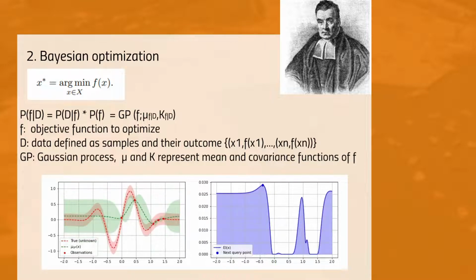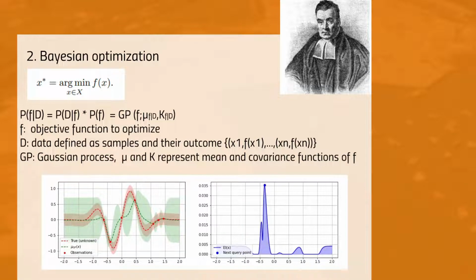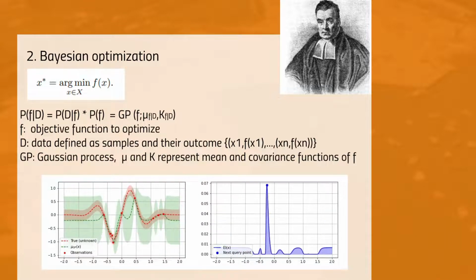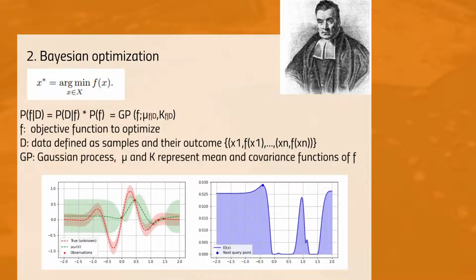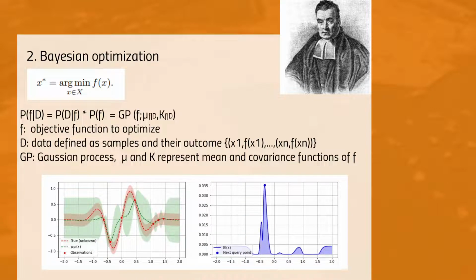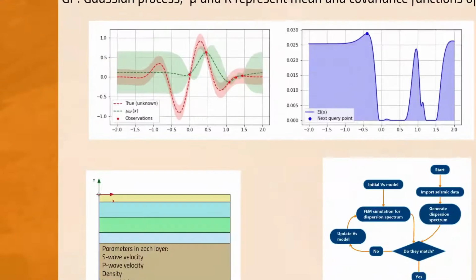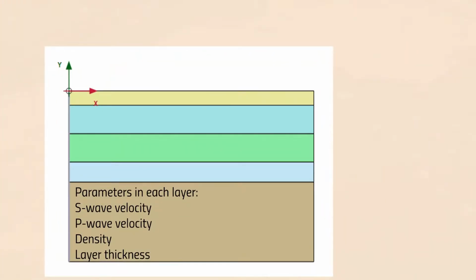The query point is selected as the position of the maximum expected improvement, so we calculate the objective function at this point and update the posterior. This procedure will continuously repeat until the objective function reaches a satisfying value or it stops when the iteration reaches the limitation. Four parameters influence the elastic seismic wave propagation: shear wave velocity, P wave velocity, density, and layer thickness. Since the shear wave velocity is the most sensitive parameter to the dispersion spectrum, we focus on this value here